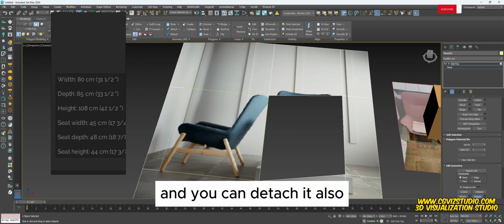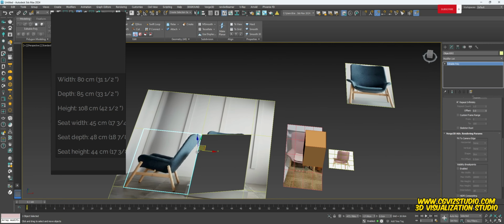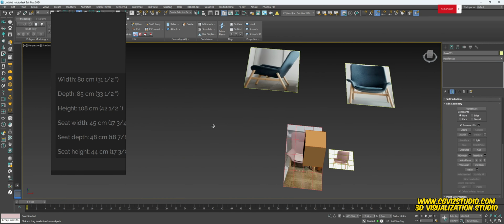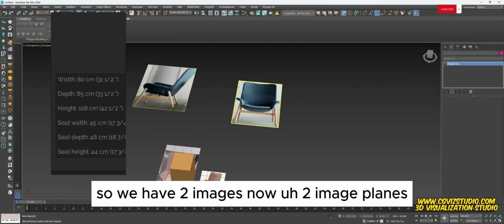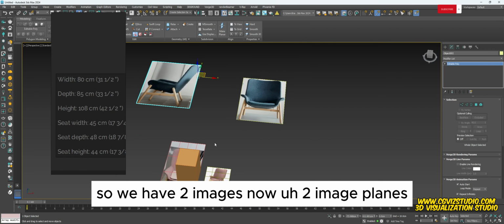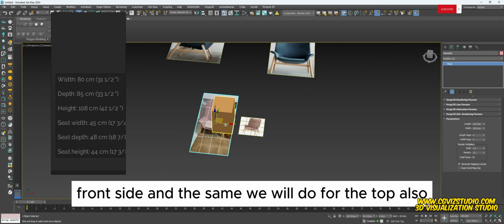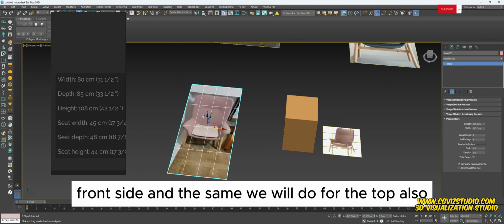And you can detach it also like this. So we have 2 images now, 2 image planes, front, side, and the same we will do for the top